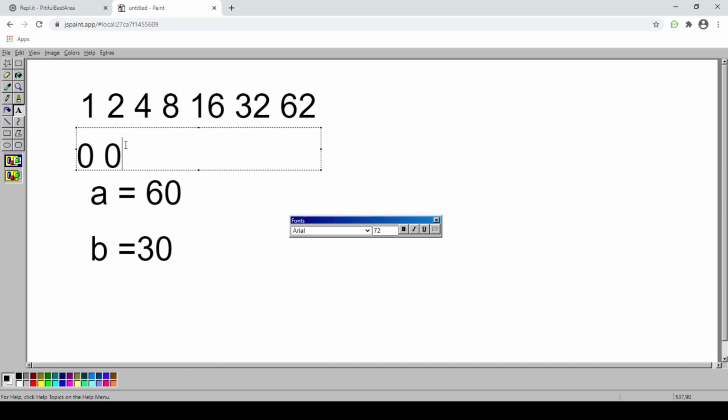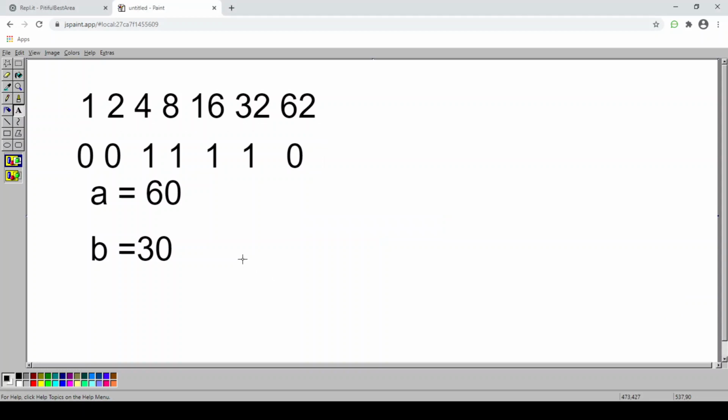Coming to the 4, we will put a 1, because the addition of 4, 8, 16 and 32 gives a value of 60. I'm going to put 1 for all those numbers, 4, 8, 16 and 32, and for 64 we will put 0. This is the binary format of the value 60.